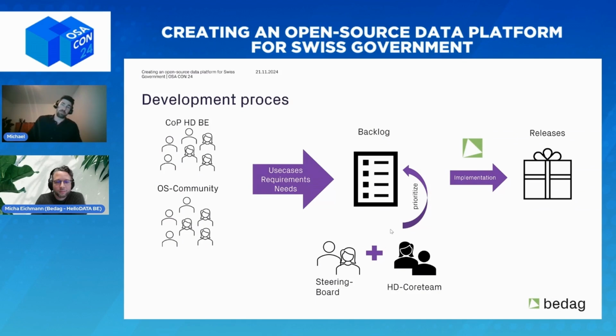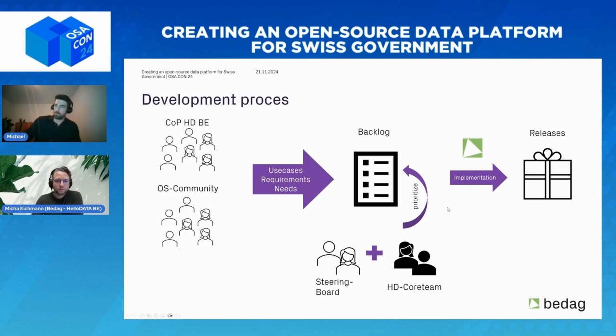And on the other hand, we have the community of practice from our current users of the content ban. They deliver use cases, requirements, and needs, which generates a backlog. And then there's the steering board and the core team, which is put together from power users of the government and us, BEDAC. We prioritize the backlog, and currently BEDAC generates the next implementations, creates releases, and rolls them out to